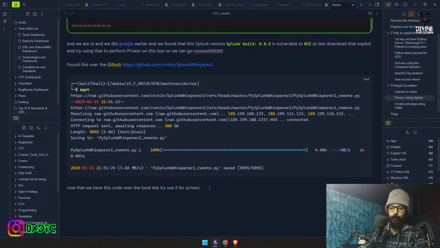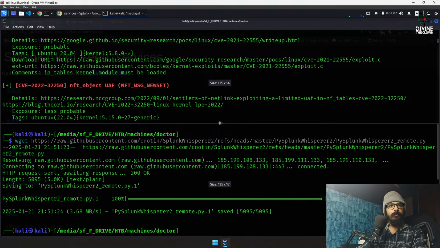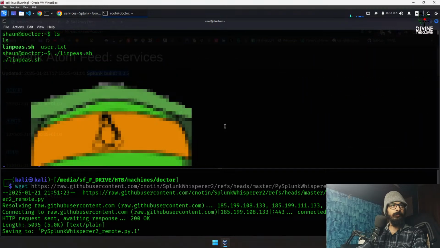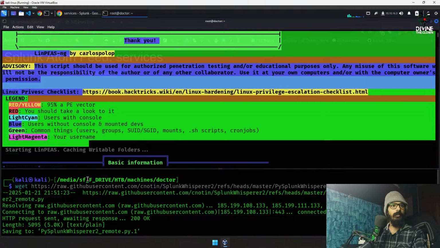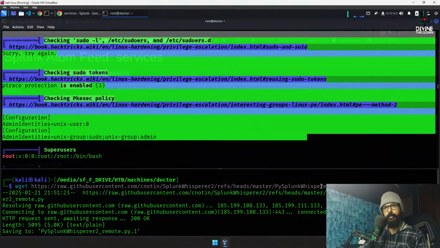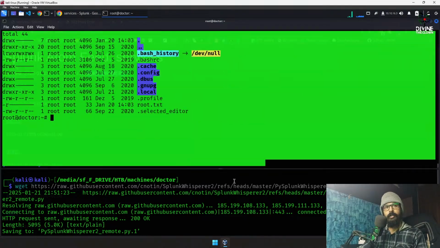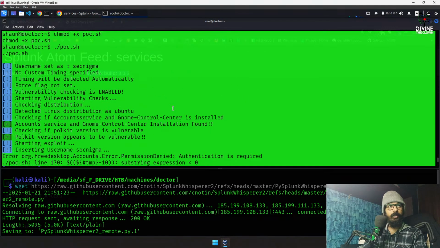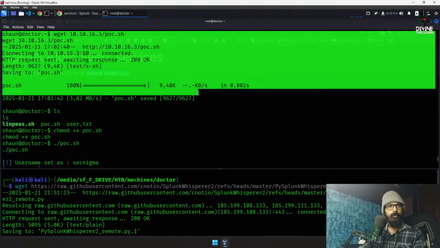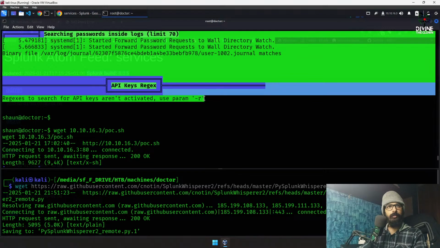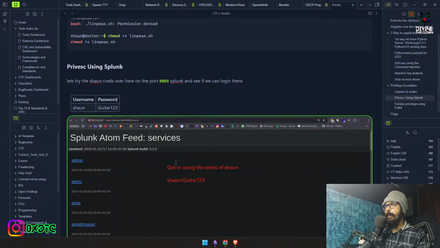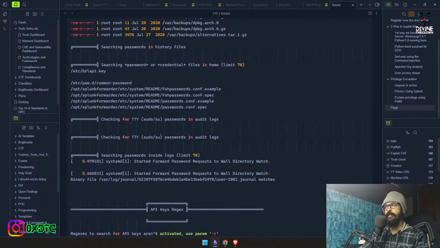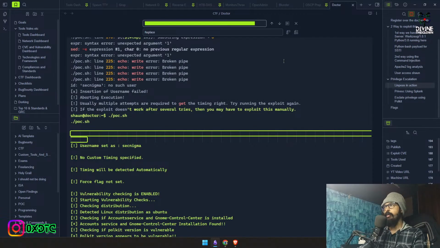Dang it. So yeah, we have this too. So we'll go from here all the way down. We can also add that we used Polkit to exploit it. And actually we already triggered the exploit. What we need is just the output of this. So if we go here and paste this and do this,